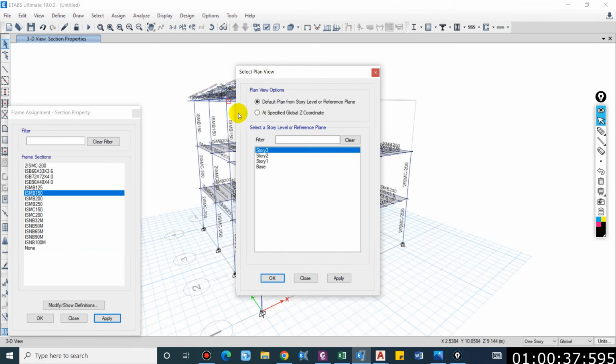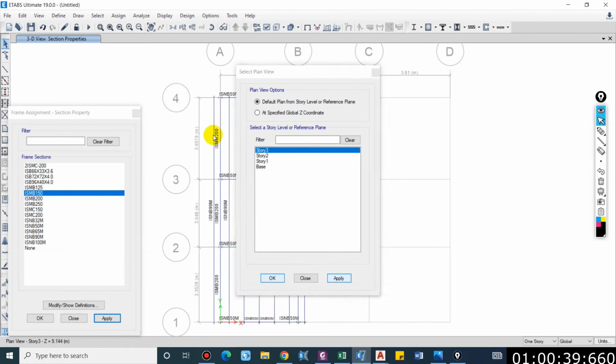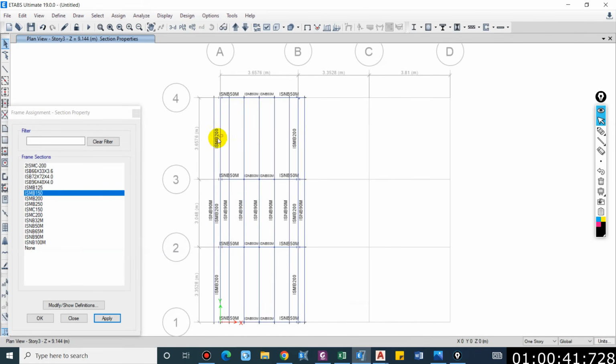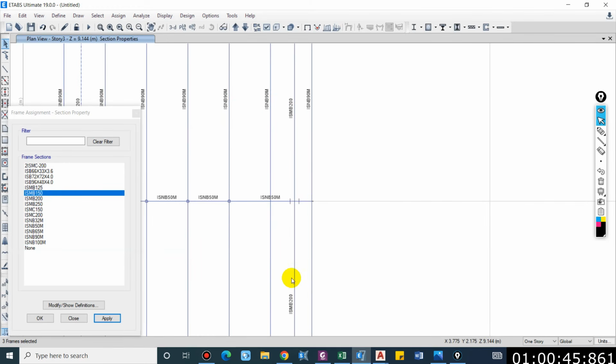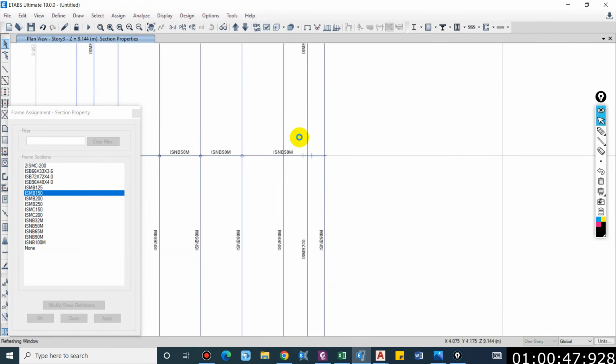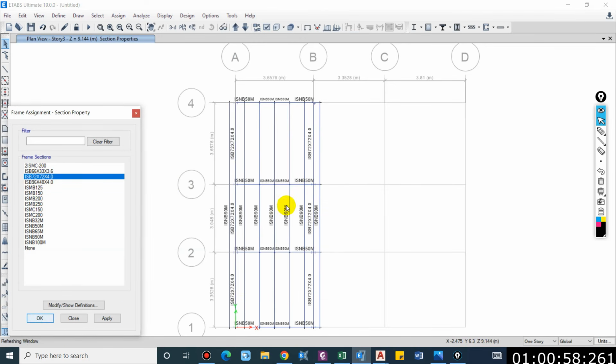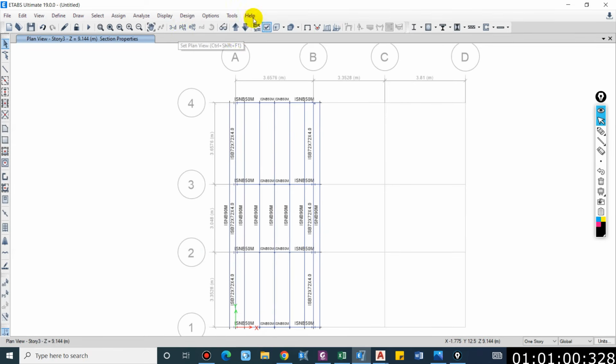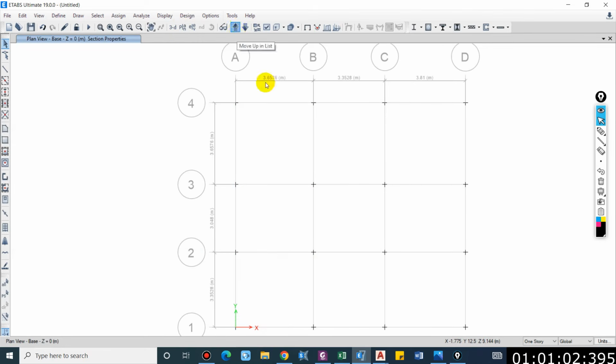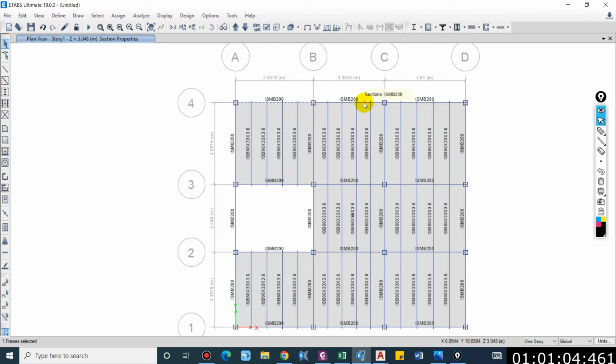And for the beam at top floor, we can simply change this from ISMB 200 to a square pipe, as it is not necessary. Assign frame section properties, and we can simply provide 72 by 72, and at the first floor the periphery beam can be provided with